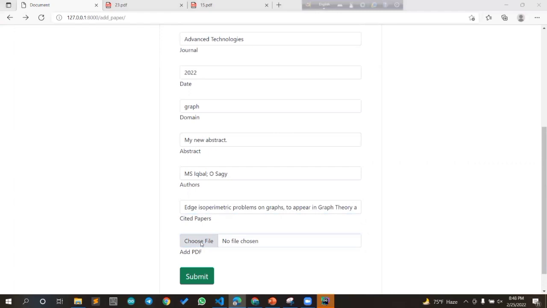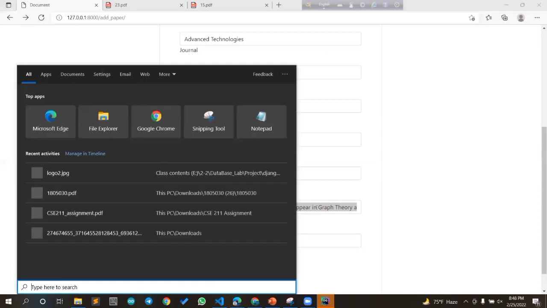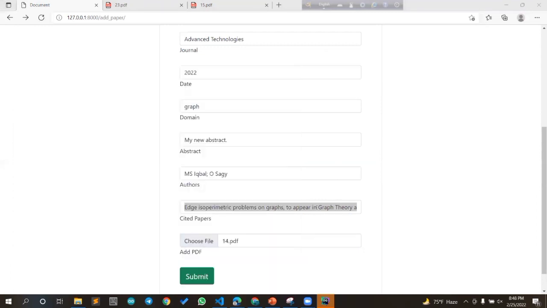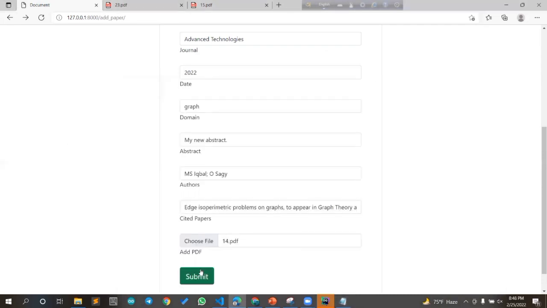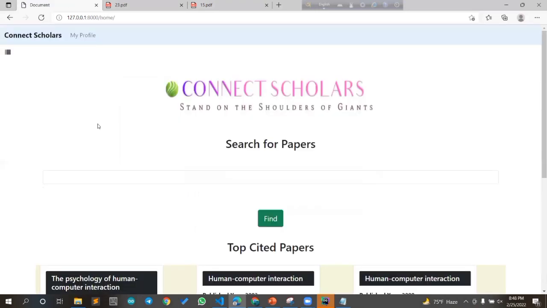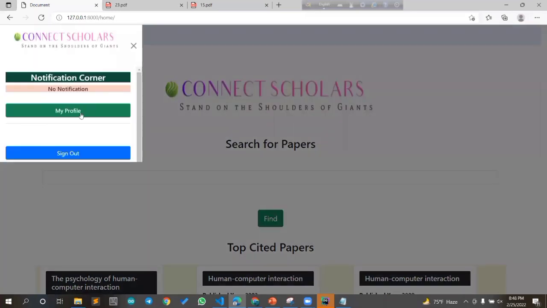And from choose file, we can enter the PDF for this paper if we have access to that. And let's remember this paper, design-oriented human-computer interaction and edge isomorphism on graph. This is important to remember for the demonstration purpose of our project. So let's just write the name here. Okay, so we submit this paper, and the paper is submitted. Now, if we go to my profile,